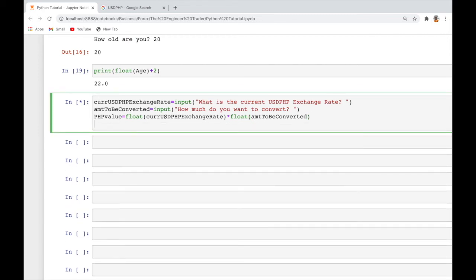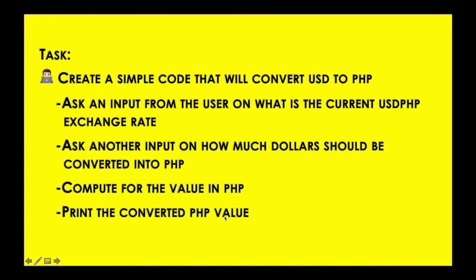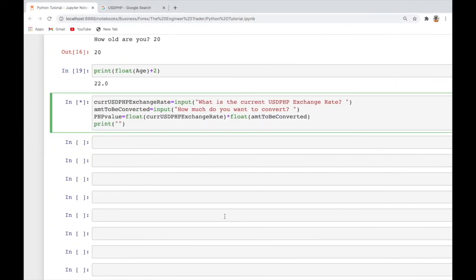for our printing, so let's print here. Print the converted PHP value. Okay, so let's have here, what will I say on our print? Let's have here your, space. Then let's have concatenation. Your USD, how much? So current amount to be converted. So let's have here your amount to be converted. Since this is a string, no need to convert into other data type. Your amount to be converted